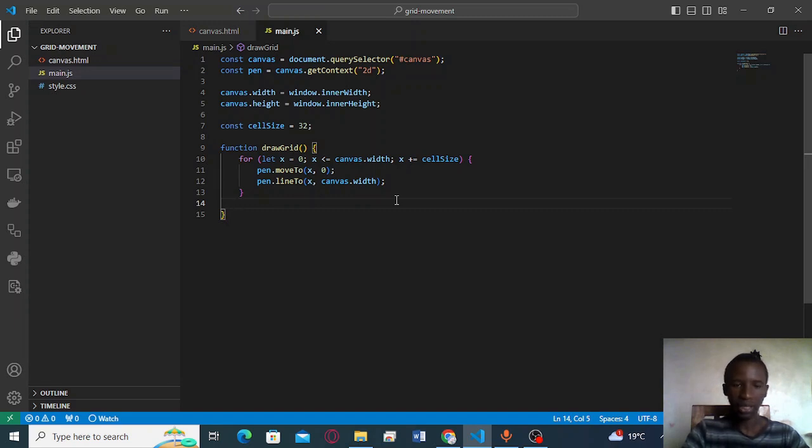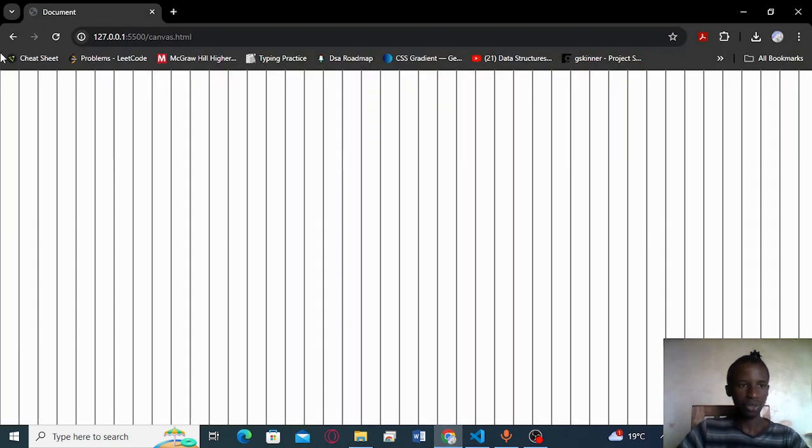After telling the pen where to go and what to draw, we won't see anything on the screen yet because we haven't actually told the pen to render anything. So for that, we'll use pen.stroke. It's a function that tells it, hey, you've already moved to these different places, now actually draw and show us what you've drawn. So now I'll call the function, and when we open the browser,